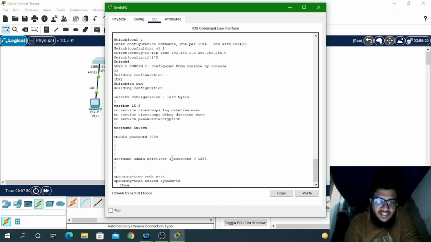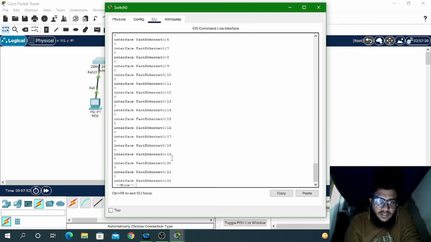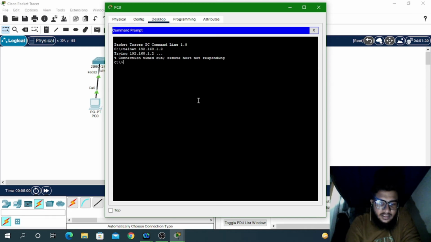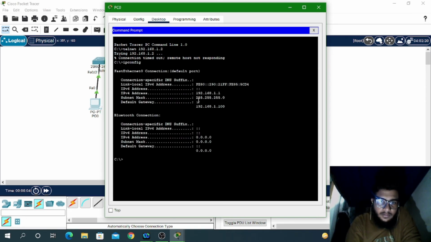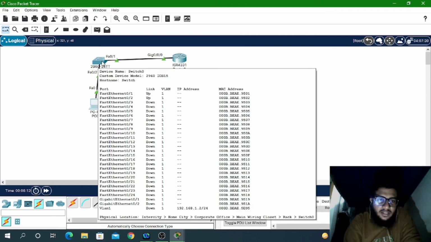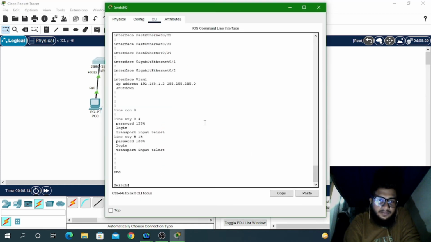Username given, admin password given, admin privileges given, everything is given correctly. Line VTY configured, interface VLAN 1, 1.2 is given, 255.255.255.0 is given. Okay, why is it not accessing? Just take the IP config. So it's 1.1, 1.100, 1.2 given. Then why is it not accessing? I have to see why it is not working.